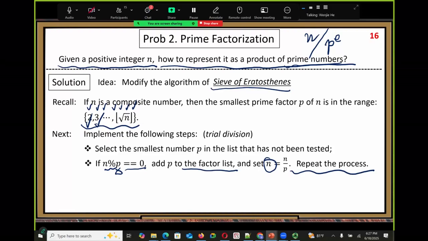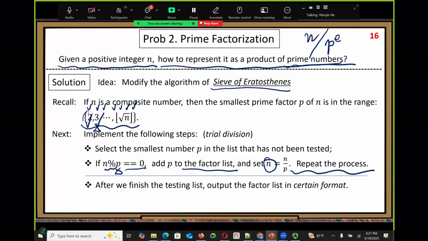After you get out of this while loop, you move to the next p in the list, right? You finish, for example, 2, then you go to your next p, 3, in the list. After we finish testing the whole list,